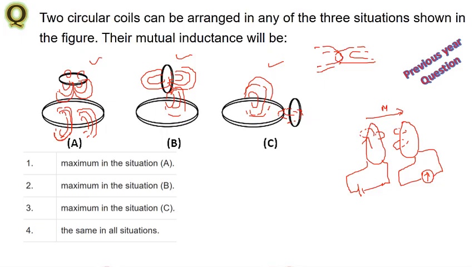In all the three cases of flux linkage, see only in this area it is maximum here, and in this one, one is like this, another one is like this. Even in this case it will be little minimum, but only in this case it is maximum. So flux linkage is maximum in this case. So answer,